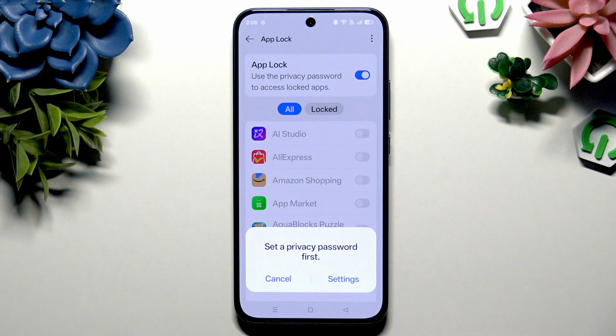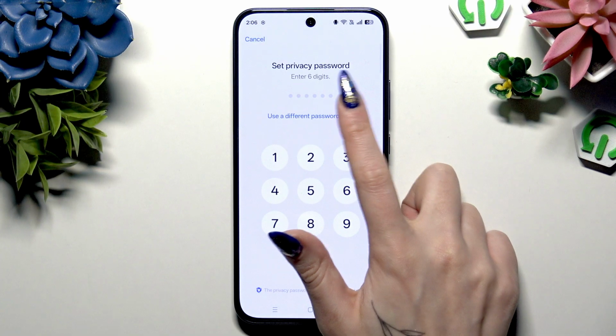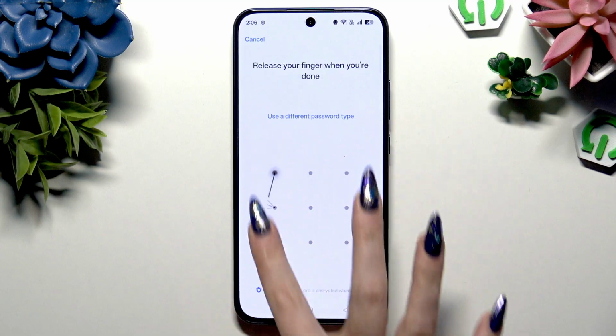Now you need to set the privacy password you will use to unlock your apps. Hit Settings in the pop-up, tap on Use a different password type and pick one of those: 4 digits, 6 digits, 4 to 16 digits, pattern or alphanumeric. Then create it,